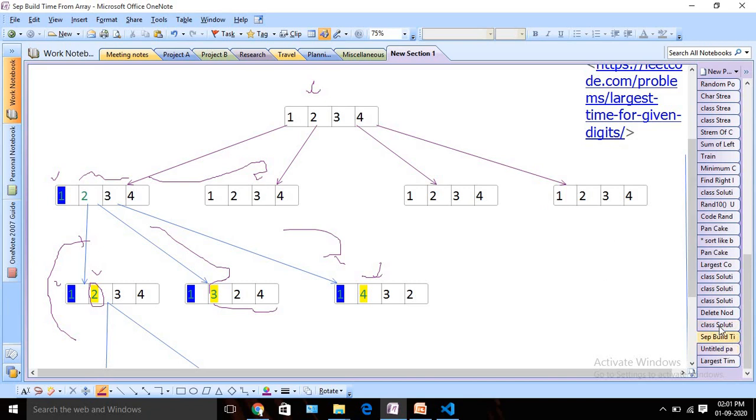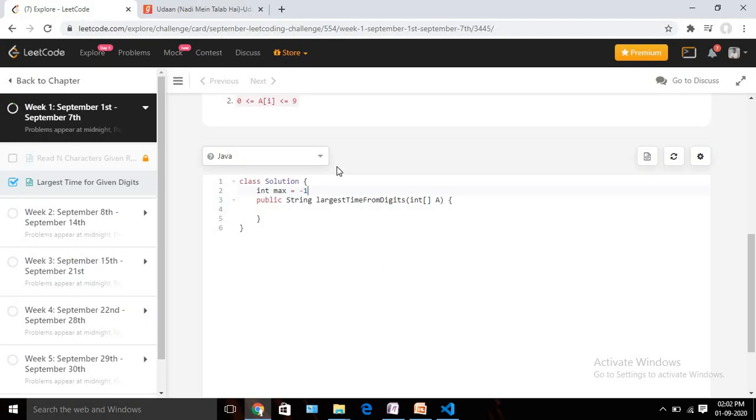So let's see the code quickly for the same. Okay, so let's write the code. At first we are going to declare one variable, int max, and initially my value will be -1 only. Now I need to find all the possible combinations, so let us name it DFS, and I am going to pass 2 things: my actual array, and my set bit or start. Initially it will be 0, meaning no value is fixed, so I will start from all the 4 values. That is why we are passing 0.